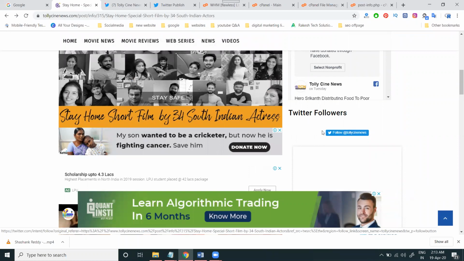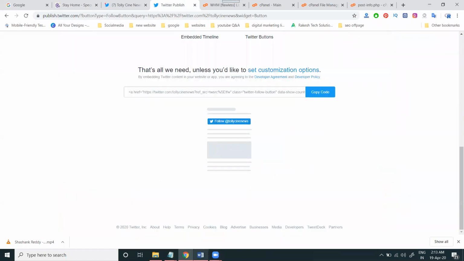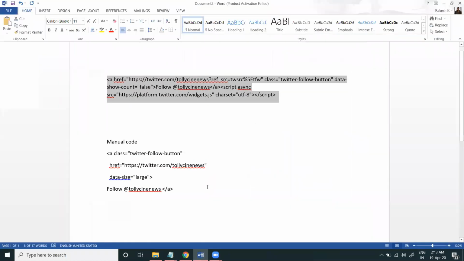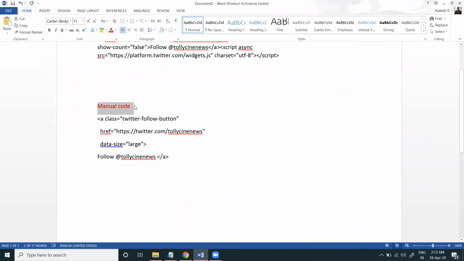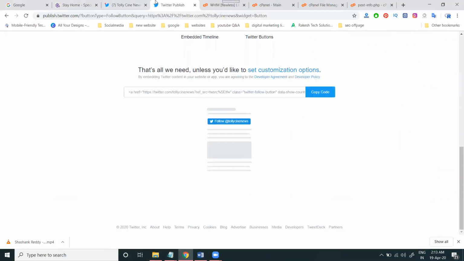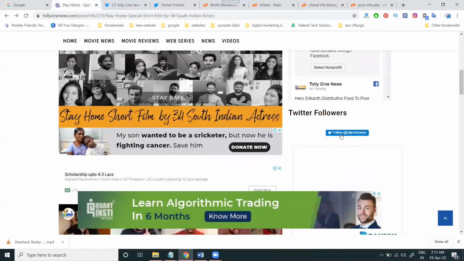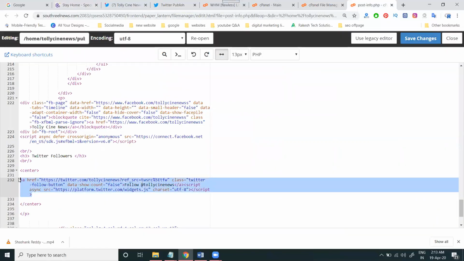Suppose you're writing manual code, and I am not using the Twitter publishing option. If you're using manual code, you can use this manual code here. Note it down. This is our manual code. We can add two types of options, the class option here. This also we can use. Simple technique. If you copy the Twitter publishing button, it will show here. So by writing your manual code,